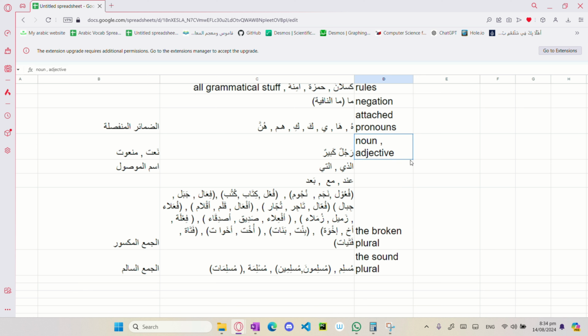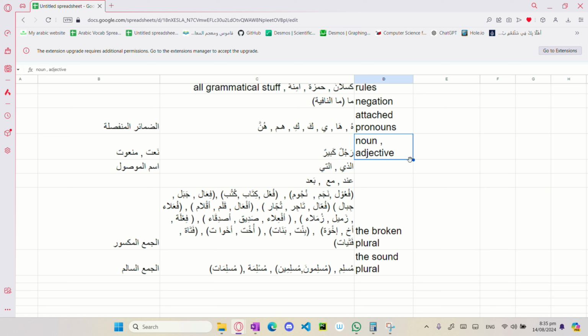So in English, we do not have this concept. For example, potato, potatoes. There are a few words, for example, deer is deer. Sheep does not have a plural form. It's sheep and sheep. It's deer and deer, but it's not a lot, and the forms are also very limited. But in Arabic, most words or most isms have a broken plural, and very few isms have the sound plural.